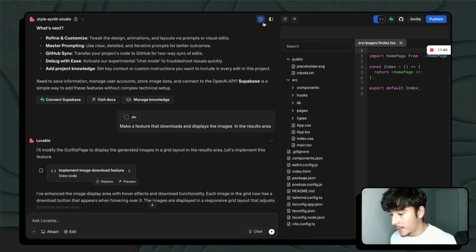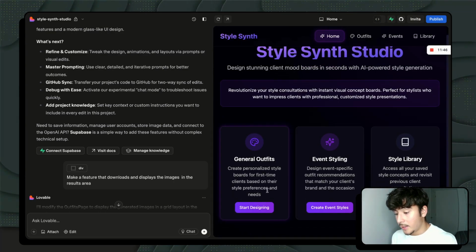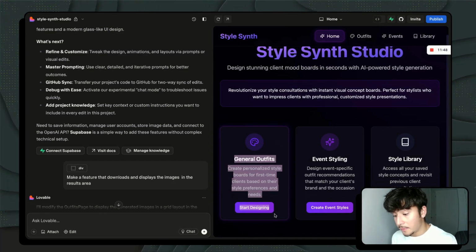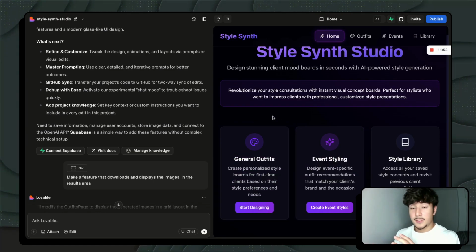So you can see here, as I've started to go deeper and deeper into the functionalities of the app, there's a general outfits part, and then there's the event styling part. Now, what these were doing before is they were using the same API request, despite them having